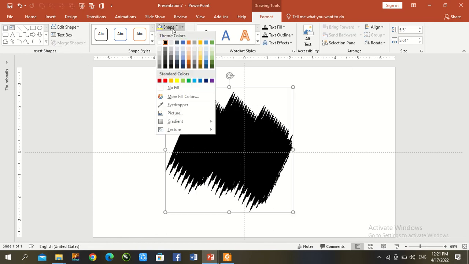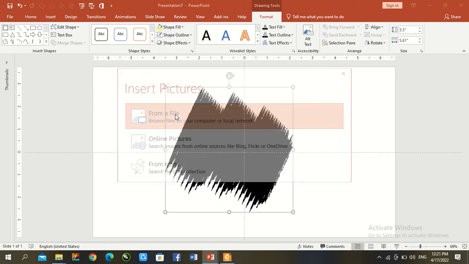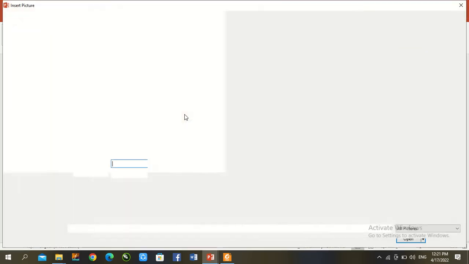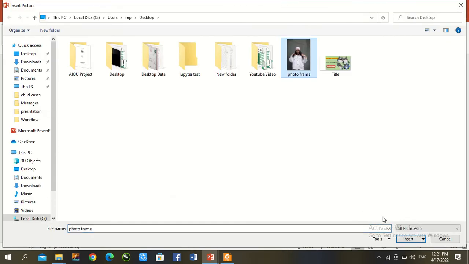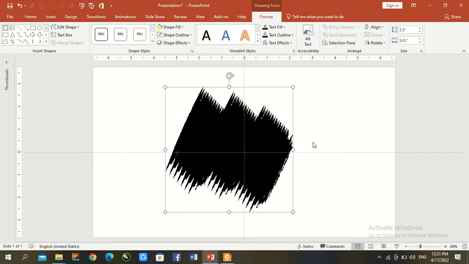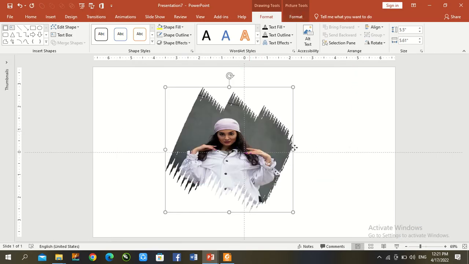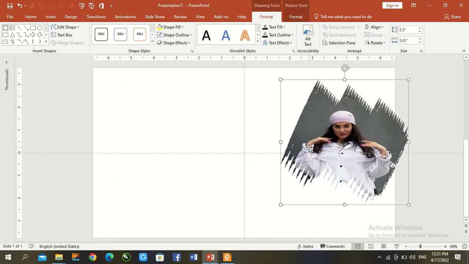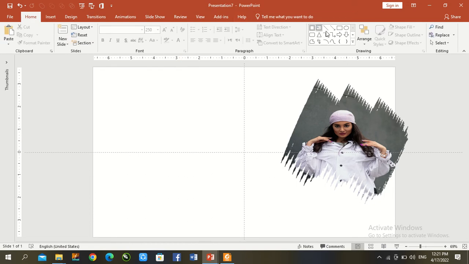Now we shape fill image from file and insert our desired image. You can insert your own image. First design is complete, and once again go to